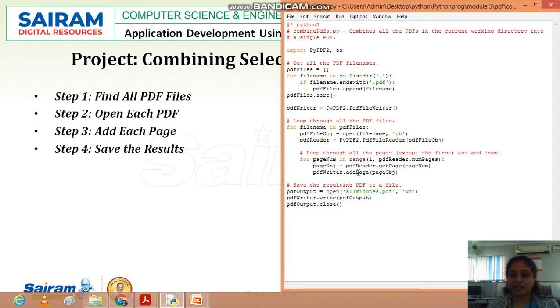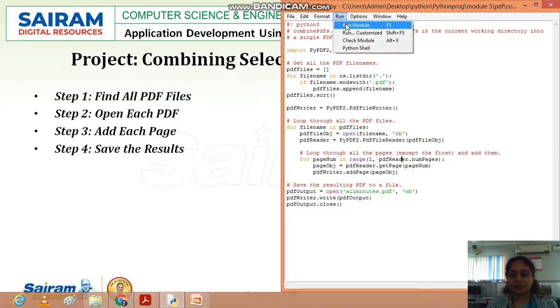And after writing the PDF output to the file which you opened newly, if you close the file, then all the data from all the PDFs in that directory will be copied to the new file called allminutes.pdf. So the pdfWriter.write method is used to write the PDF output. So pdfWriter holds the page objects, and the write method will write to the PDF output file object. So pdfOutput.close will close the file.